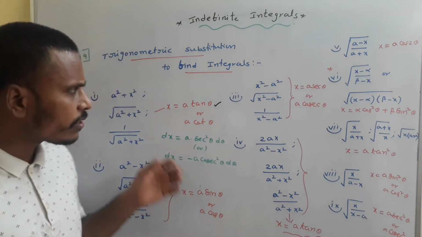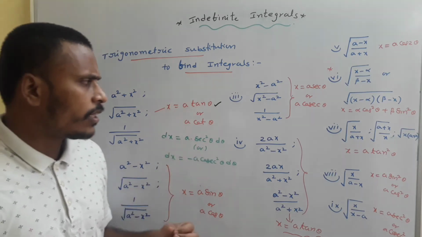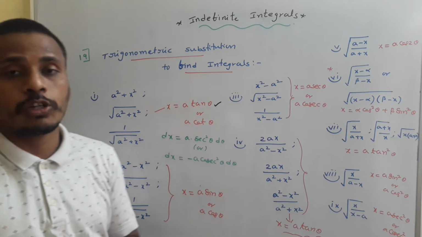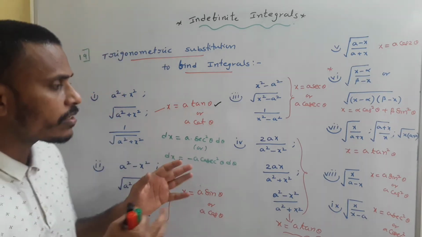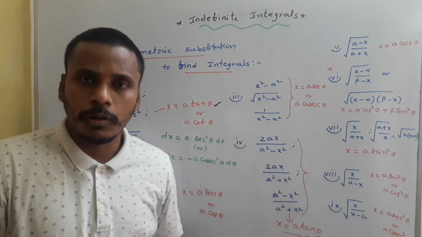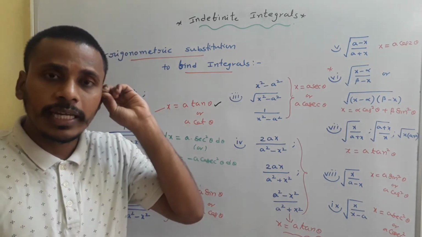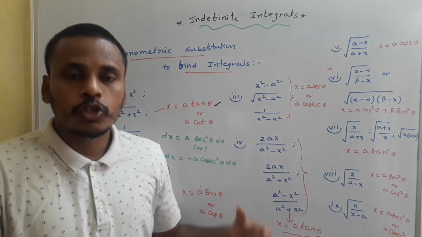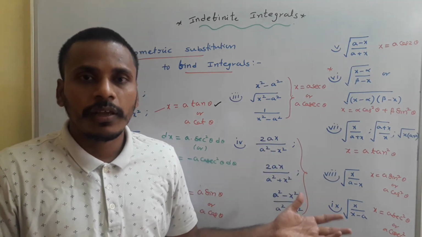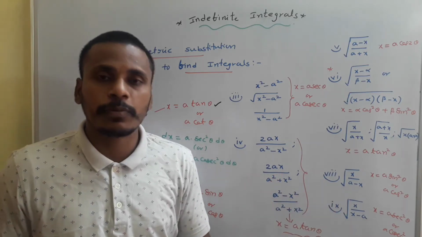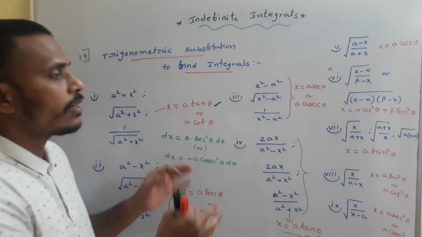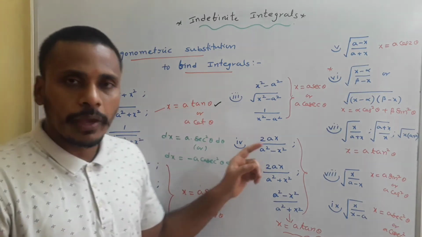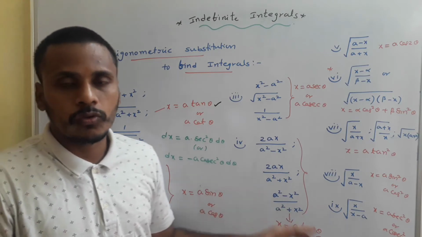We can take these substitutions not only in integration but also in differentiation to solve some problems. These are some of the standard types, and there are many other problems. To solve that particular integral problem, we need to use the rules and formulas of trigonometry. Based on the formulas of trigonometry, we may take different substitutions as per the requirement of the problem, and these are standard ways for the standard problems. First of all, observe this, make a note, and then I will give you two problems now to solve.